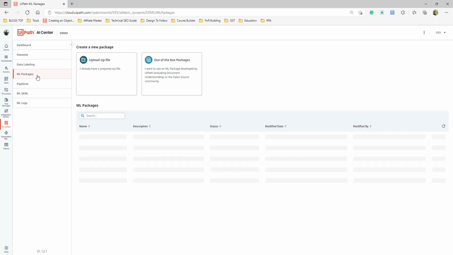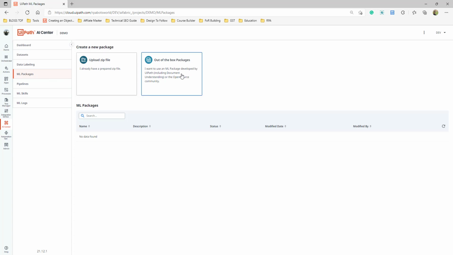Let's come to the ML package. So the data set you have already defined. Now we need to define an ML package. Okay. So now you have two options. One is you should be able to upload a zip file which contains your machine learning model. This will usually be given to you by your data science team, or you should be able to download it from various free and open source portals which provide machine learning models written in Python, right? There are certain prerequisites for the folder structure, how it has to be structured. And if you structure your project in such a way, you should be able to upload that package using this upload zip file.